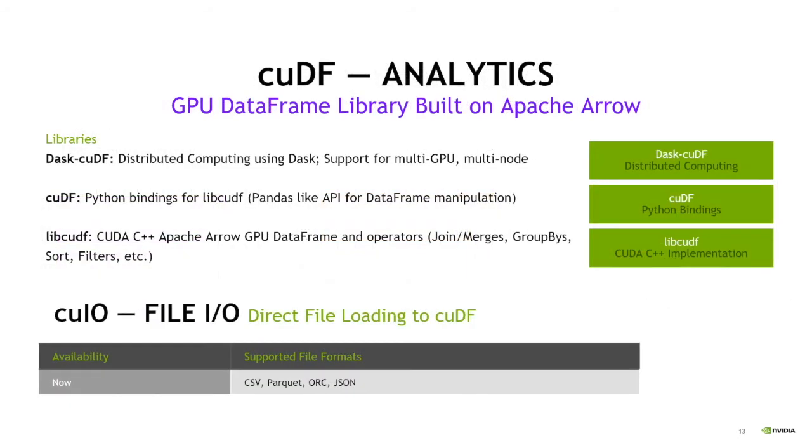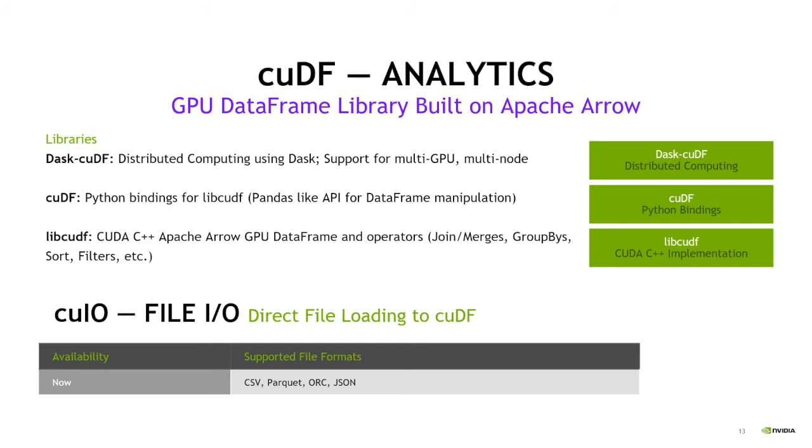All right, now looking at a couple of these libraries in more detail, cuDF is our data frame library that accelerates loading, filtering, and manipulation of data. If you're accustomed to importing libraries like pandas, this is pretty much the same, then calling functions that, again, are very similar. So it has a pandas-like API. And looking at the software stack on the right, the CUDA C++ level library is called libcudf that you can use directly. And then the Python binding is cuDF, which interfaces to C++ and mimics the pandas API. Anywhere that it doesn't,